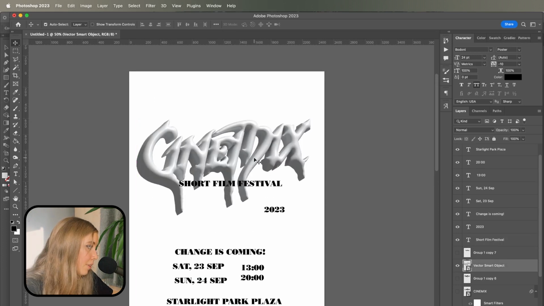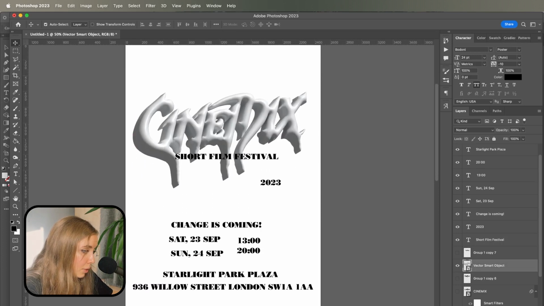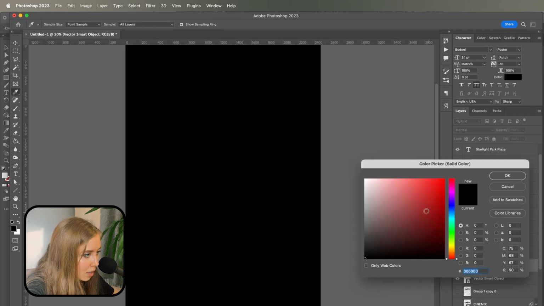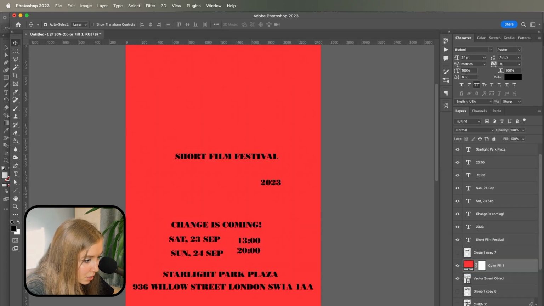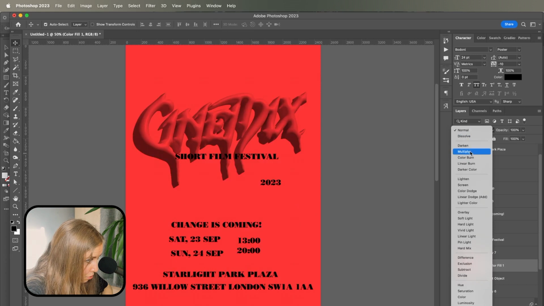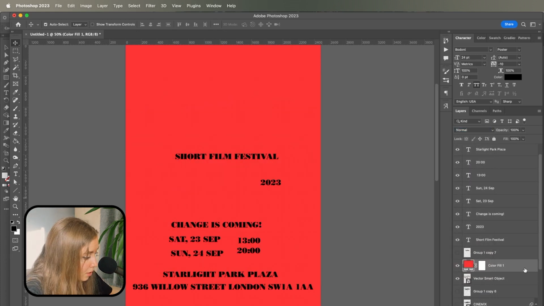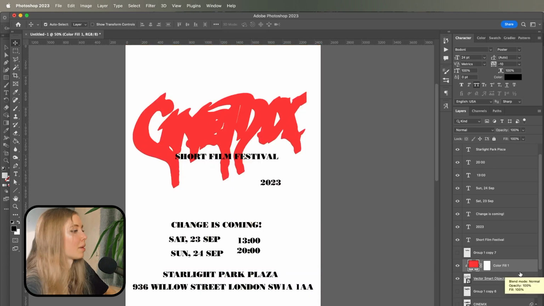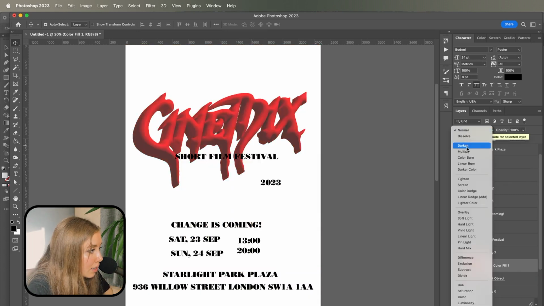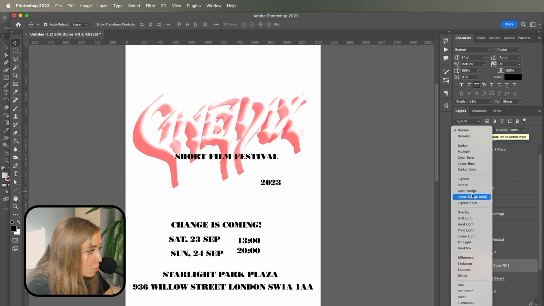And now I feel like adding a little bit of color to it because I want to try making the title red and the background blue, or like imitate the sky, something like that. So I'm going to create a new solid color adjustment layer, and I'm going to choose a different layer mode. But first I need to apply it specifically to this layer, to the title. So I'm just holding Option and find this little icon with an arrow, and that's how I apply it specifically to the title.